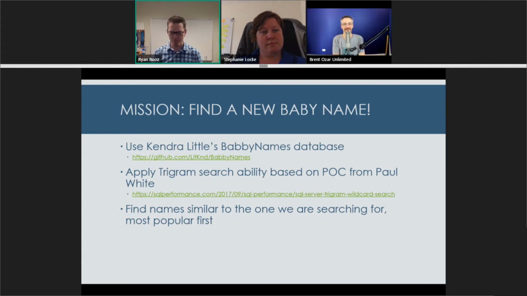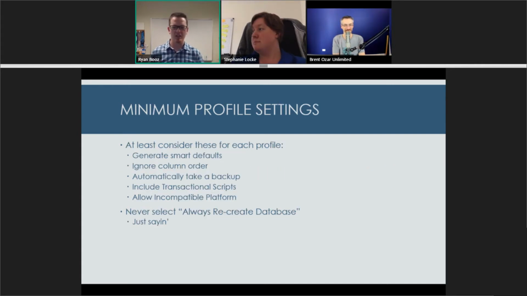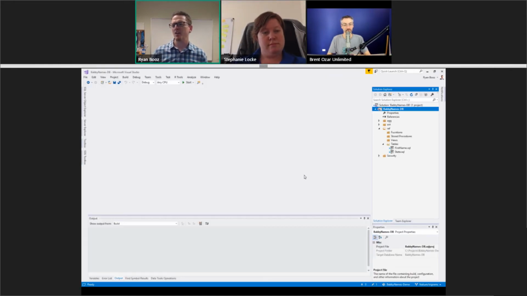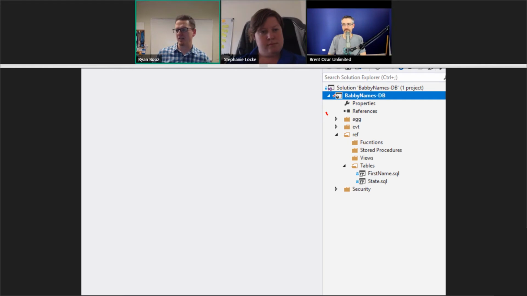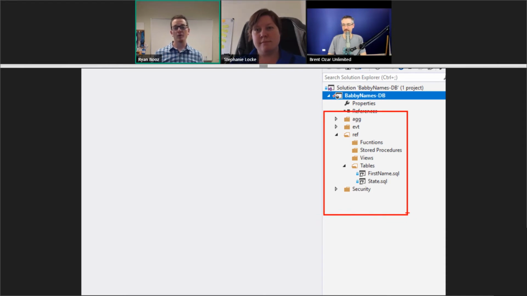So that's the goal. To do that, we're going to come over here and start our project. I've already brought this in. Okay, so this is that database. It's a very simple database. There's not much going on here. It just has a few tables. We're really going to add one table, a bunch of functions, and then stored procedures. About all we're going to do. But we're going to do this in a way that hopefully gets us somewhere.